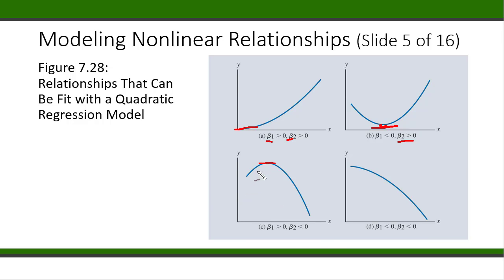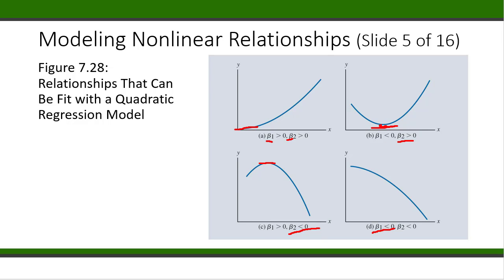We have another inflection point here where the direction changes. So here we're increasing. Beta 1 is greater than 0, so positive. Then all of a sudden it starts going negative here. So beta 2 becomes less than 0. And then where everything is negative, these are all less than 0. These are like the opposites of each other, on a diagonal. So this one's going down, this one's going up. This one has the inflection point at the top, this one at the bottom, and you can see what the